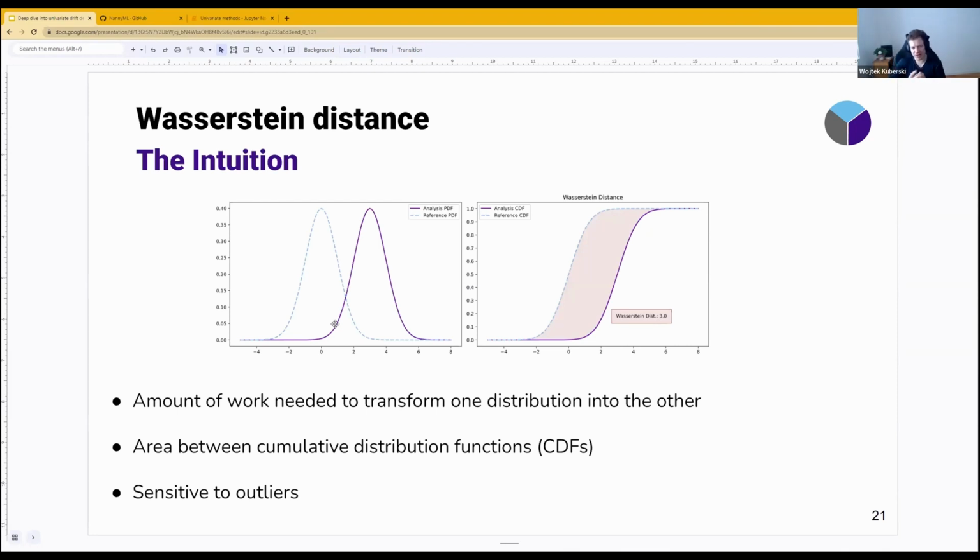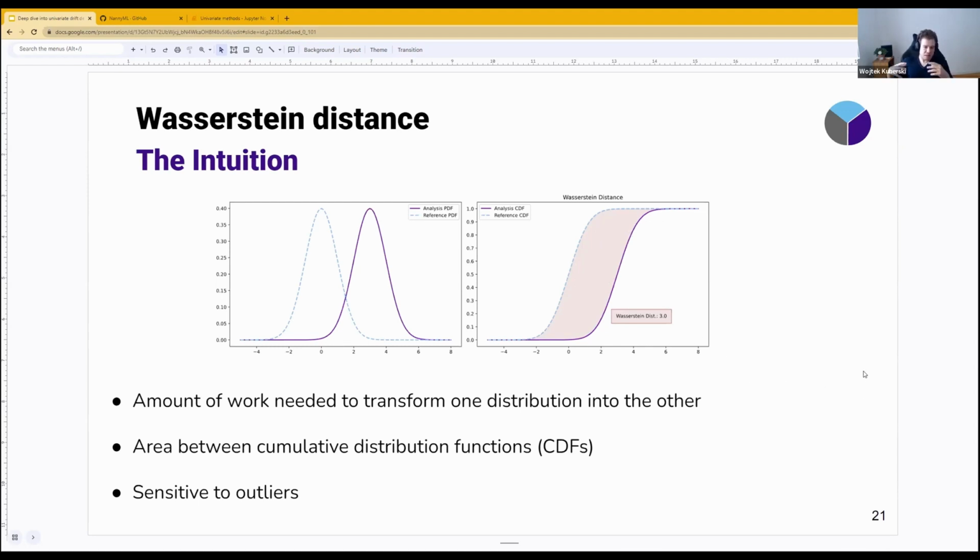distributions. And the way it's calculated mathematically, it's the area between the cumulative distribution functions. So CDFs that you see here. Quick reminder, PDFs, so probability density function, just give you the density of probability. So how likely is a given value to fall between any two of the starting point and the end point, and the cumulative distribution function is how likely it is for a value to be at or below a certain point. And here the shaded area is literally just the Wasserstein distance,